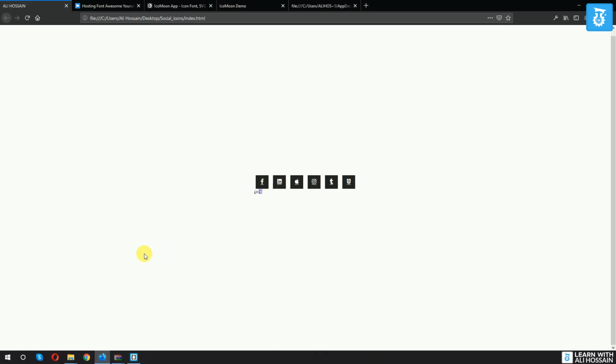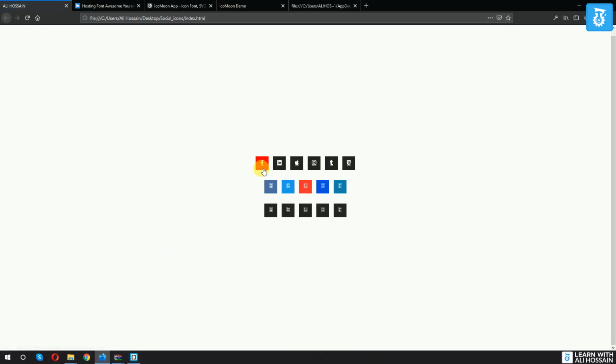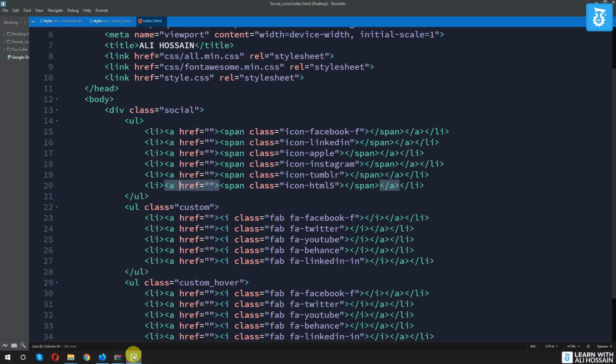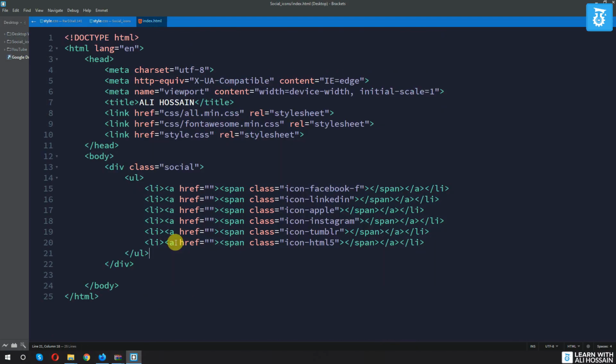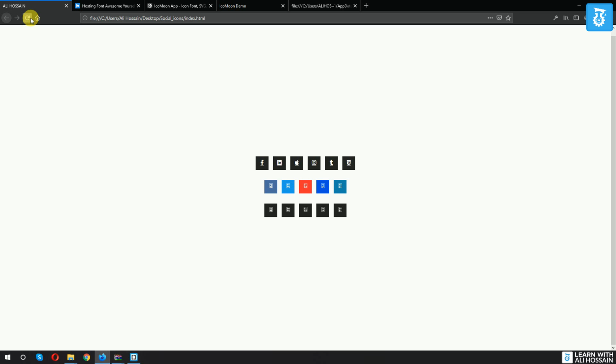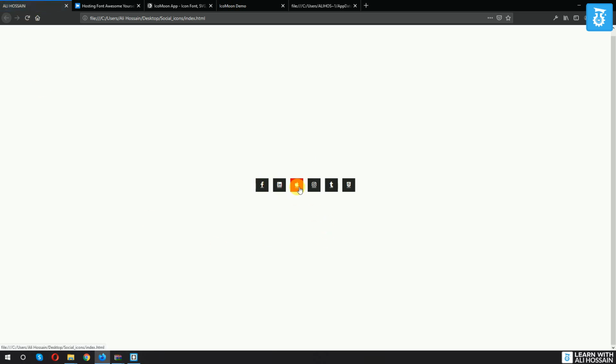Now if I clear our browser history and refresh, you can see that the rest of them are not working. The reason is that I actually stopped using Font Awesome right now. Now I am using Font Awesome SVGs instead of Font Awesome. Now we don't need the rest of them, so I will clear all of them from here. Now if I refresh, you can see that they look like this. Okay, you can do every single thing step by step, and also you can style everything.